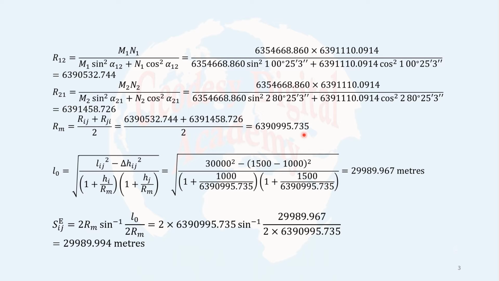So now, by this average, we can assume that the Earth is a sphere with this radius in this area that we are doing this, or between the points I and J. Compute the chord distance, and you will get this one. And you simply apply the formula to compute the curve length, which is